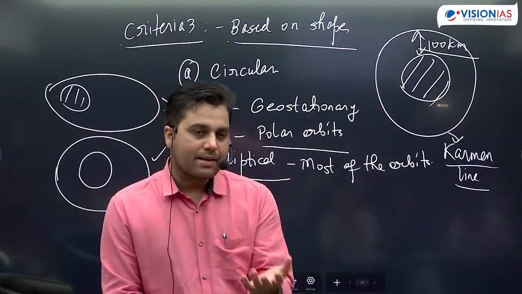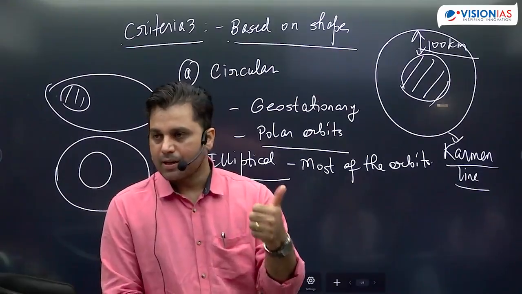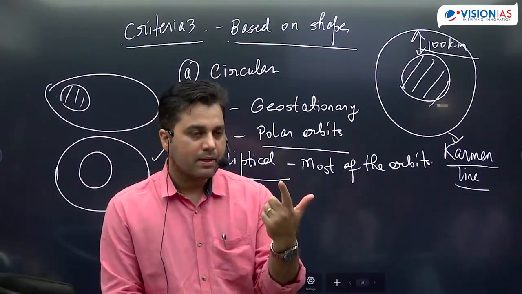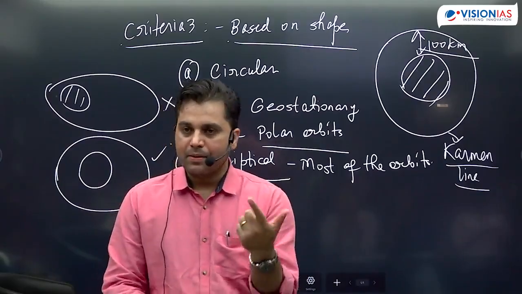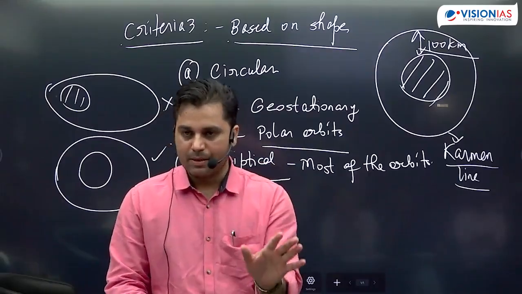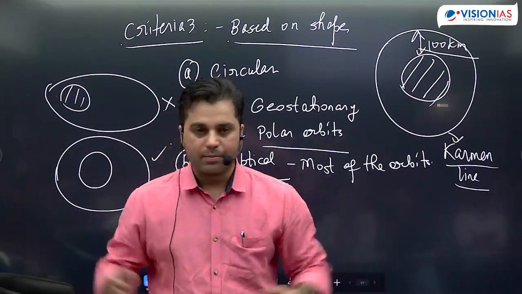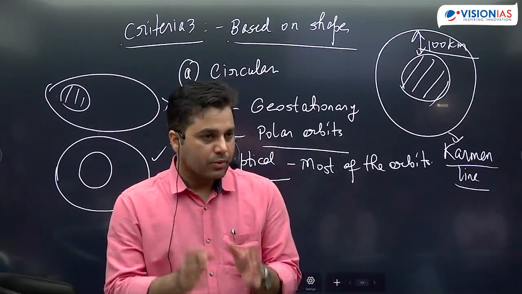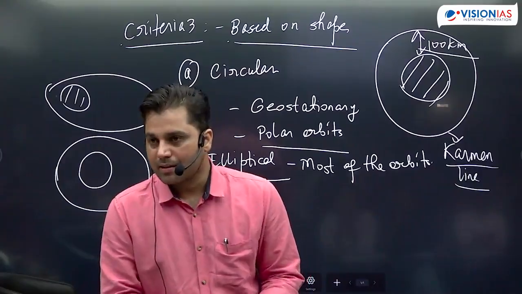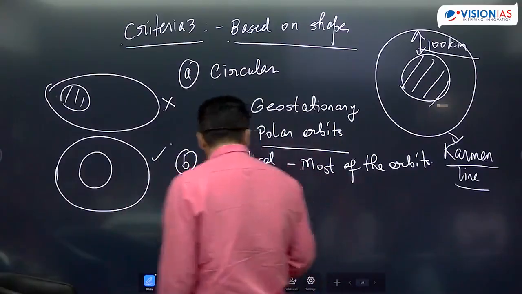But the last criteria which I'm going to use, I'm going to talk about 2 types of orbits, geosynchronous orbit and sun-synchronous orbit. But it should be very clear that it's not an either-or situation. Both of them are very special orbits, but apart from both of them, there are thousands of other types of orbits which exist. But these 2 orbits, geosynchronous and sun-synchronous, are quite special. So my criteria 4 here is